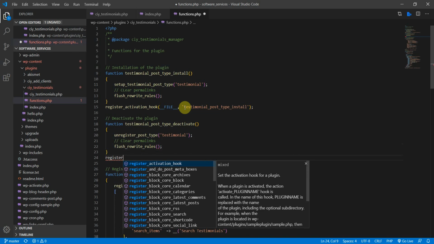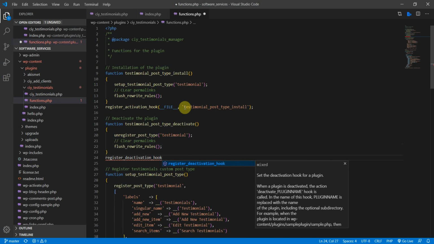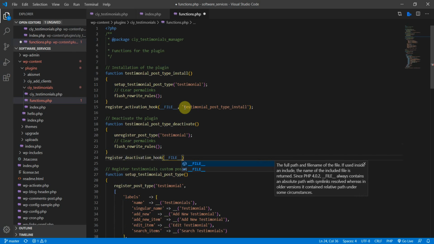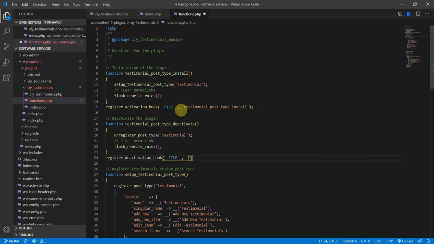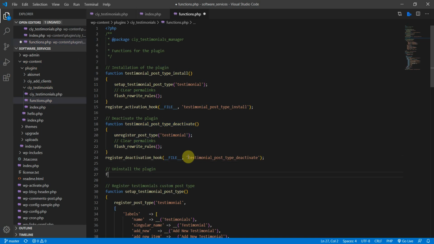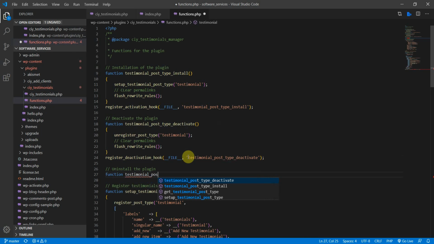All right, then register deactivation hook, and again, let's bring in a file like this, and then we need the name of the function. Paste it in there. All right, and now if we uninstall it, uninstall the plugin, so function for testimonial post type uninstall,